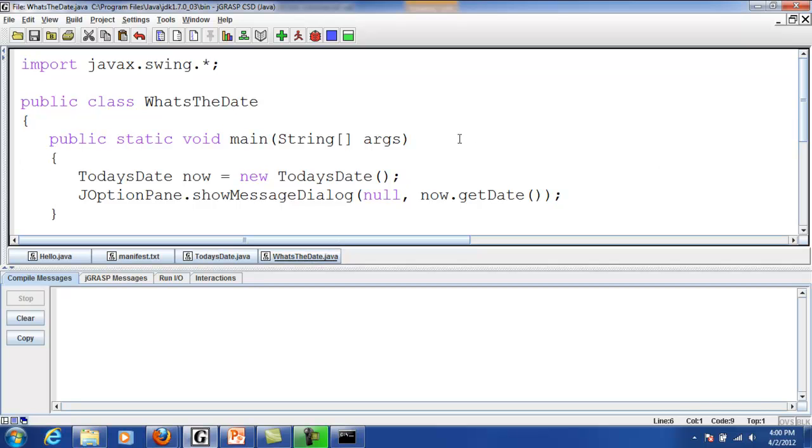So here's the WhatsTheDate class. All it contains is your main method. It creates a TodaysDate object. I called it now because it will get the current date and time. And we again use JOptionPane to show our results. And we get our results by saying now, my object, .getDate, which is the method that's going to return the